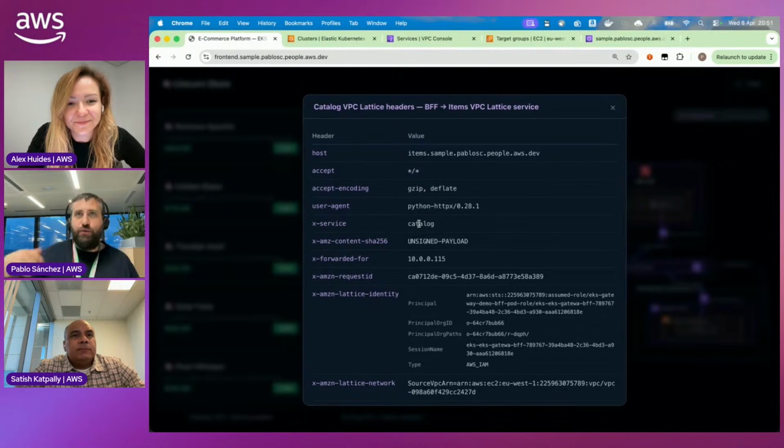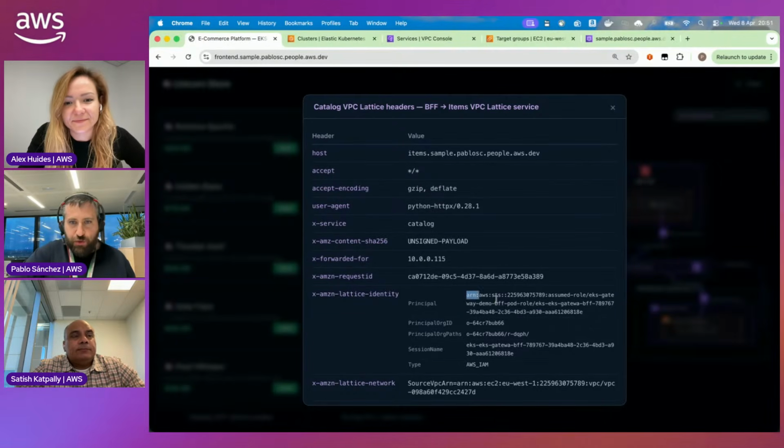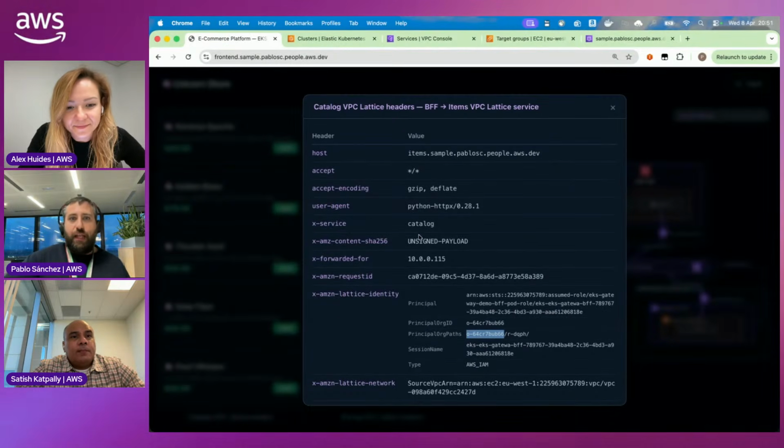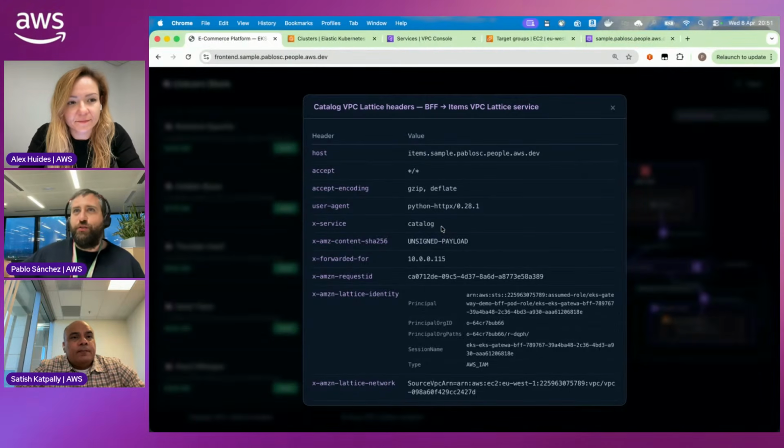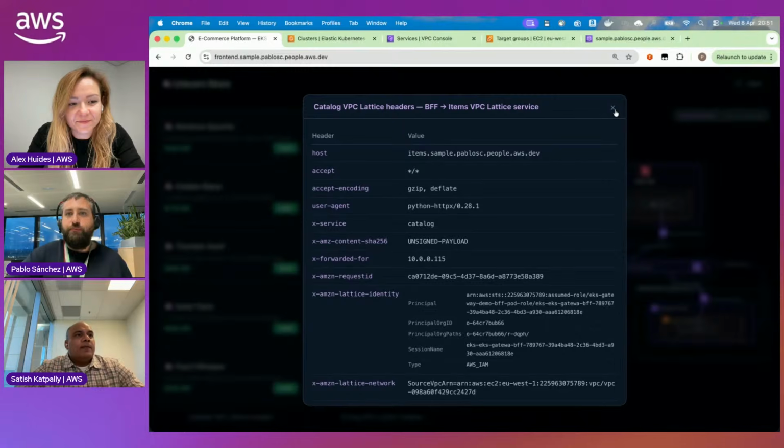So, as Satish was saying, I want only this principal or this OU to talk with my service, but in addition, I only allow things coming with this extra header because I trust that my front-end microservice was doing the proper header manipulation to get the proper authorization and authentication of my users.